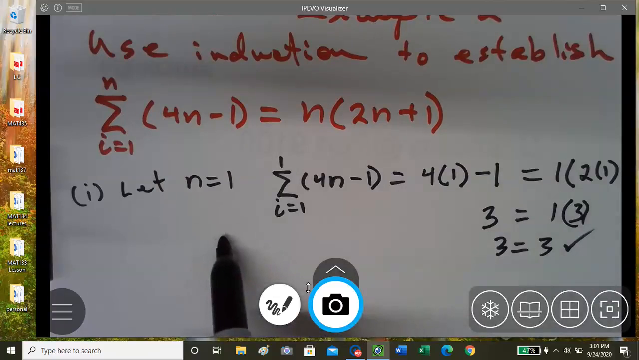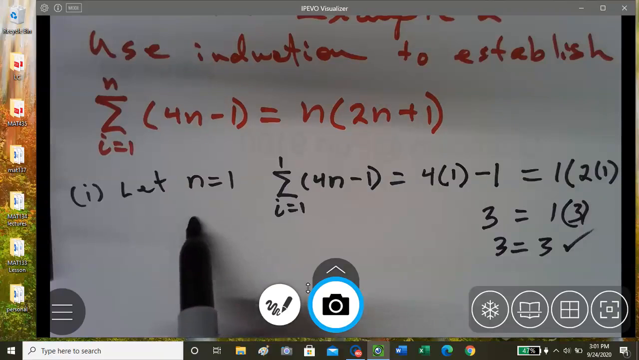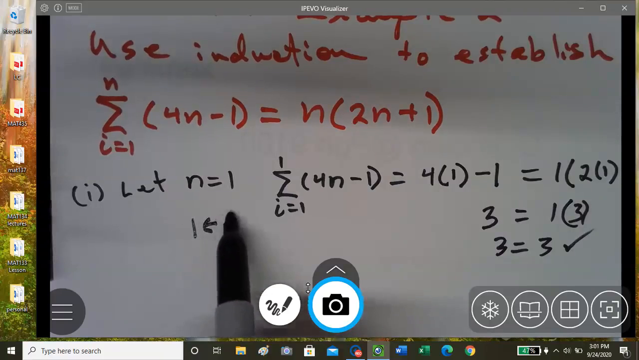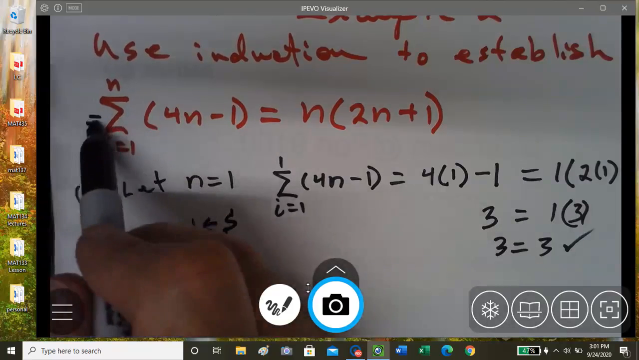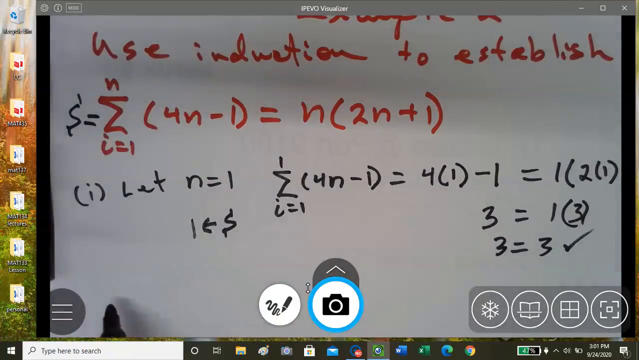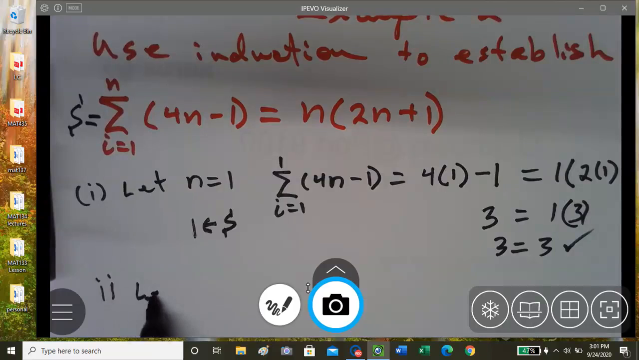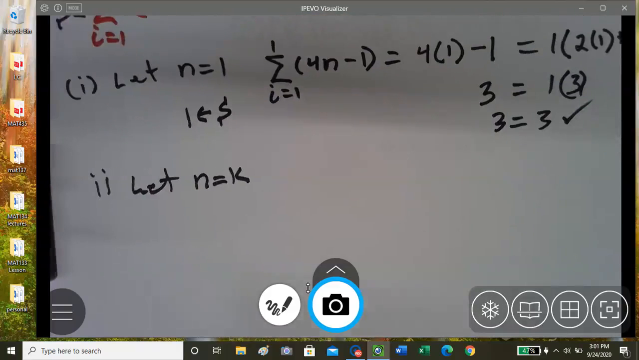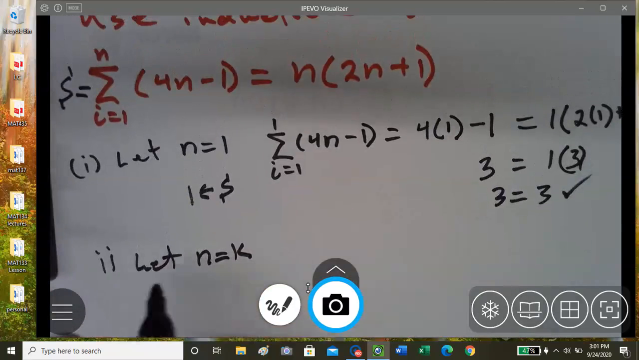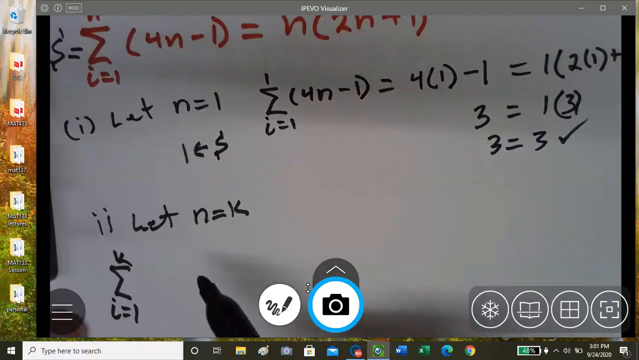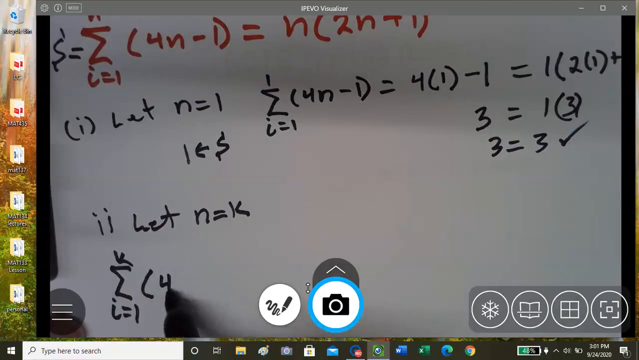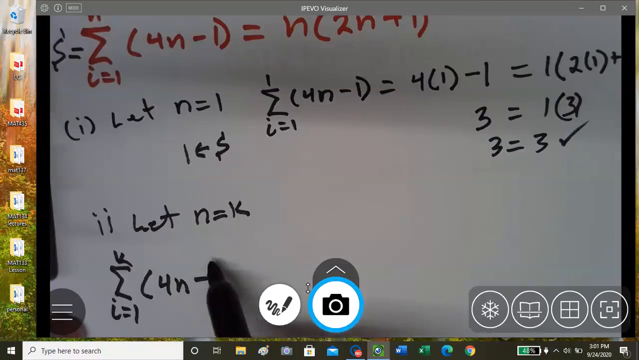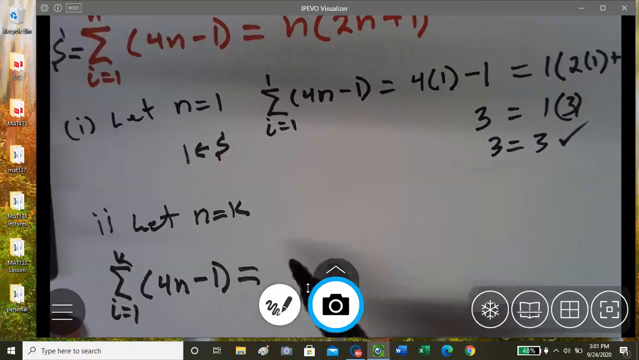Okay, so that's establishing basically that 1 is an element of set S, if we call this set S. All right, so part 2, let n equal k. So again, we do the same thing, put the same equation in here, but now i equals 1 to where n was, we put k. And so this is 4n minus 1 equals to